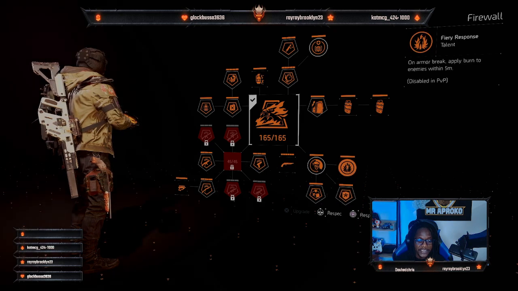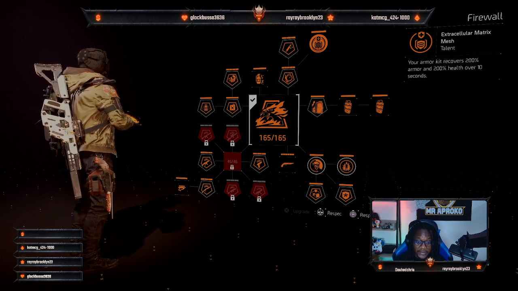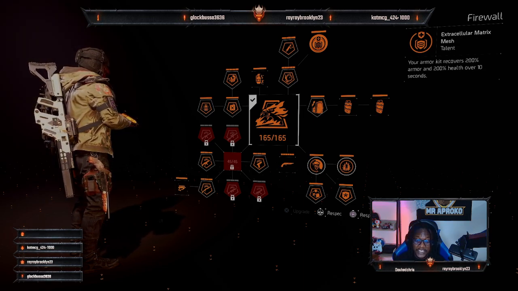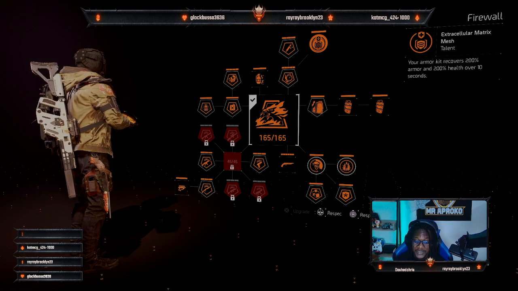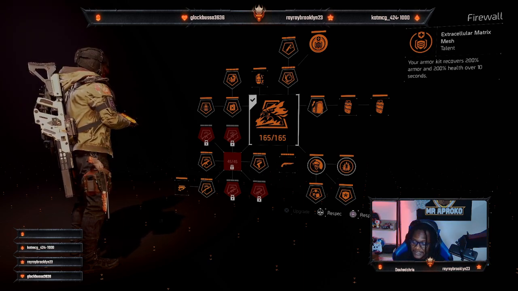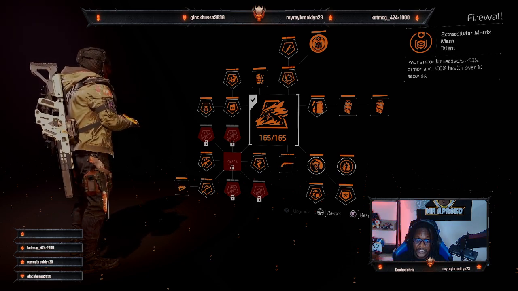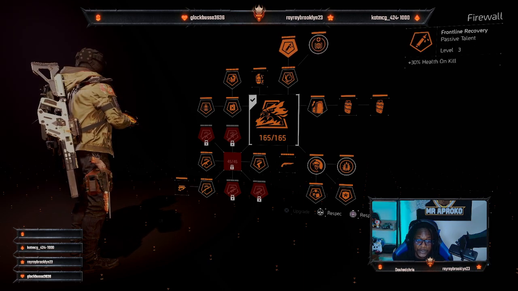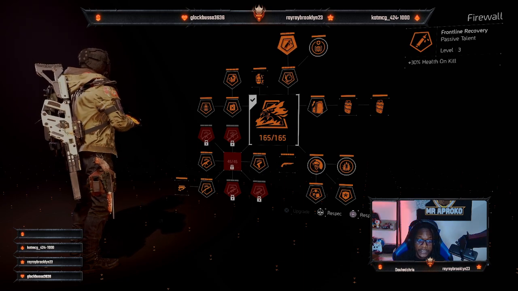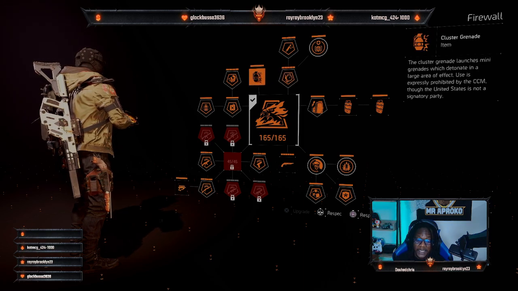I don't know what you guys decided to pick, but for me, first of all, is the armor kit. Every time you use an armor kit, it recovers 200% of your armor and heals 200% of your health over 10 seconds. This is very good for PvP because while you're taking damage, your health is still going to recover for the next 10 seconds, which is good to get into combat. Although this build is not for PvP. So you get 30% health on kill, you get 20% plus 20% bond duration, and then you also get the